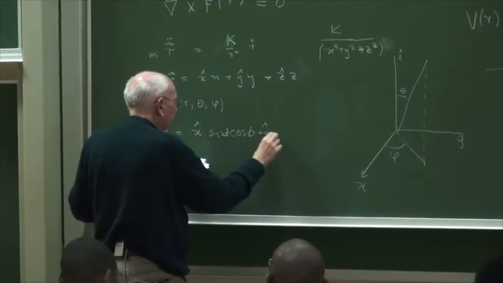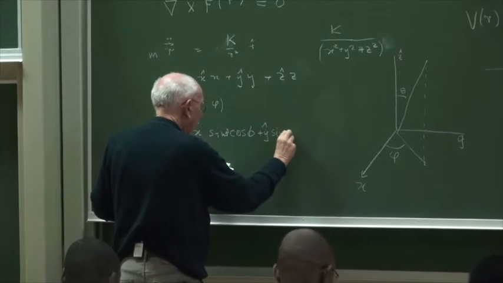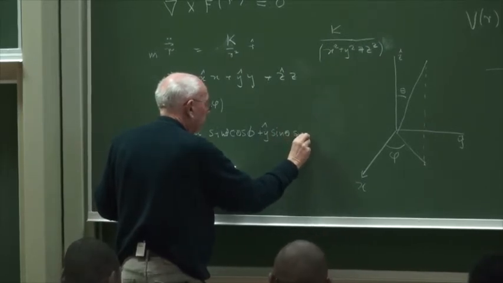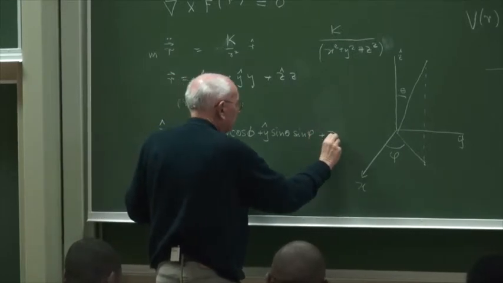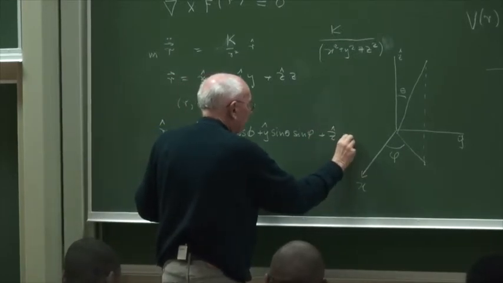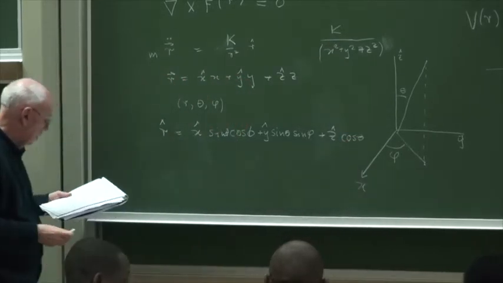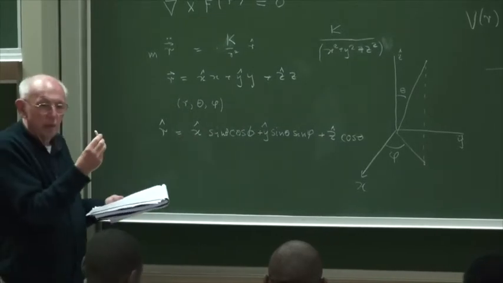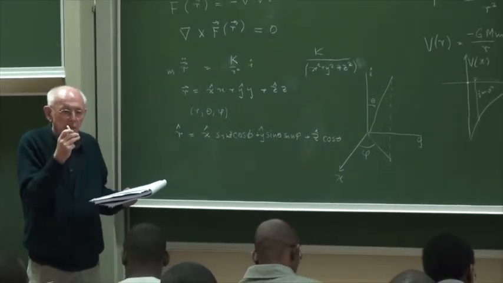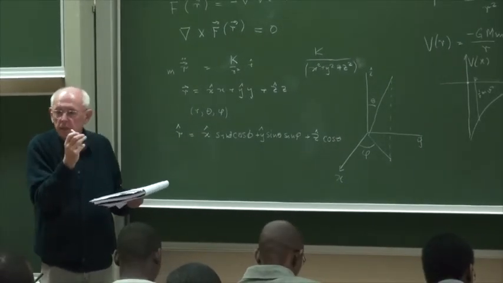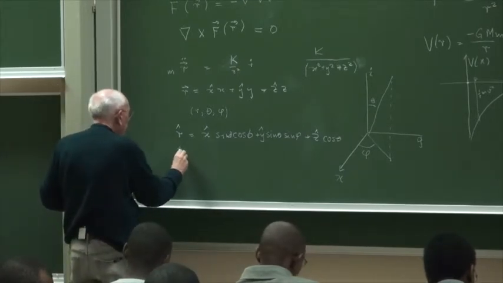Sine theta. And that is sine theta sine phi. And then there is plus z cos theta. And in the same way, I can have the unit vector in the theta direction. That is where the thing goes if I change theta. I can write as